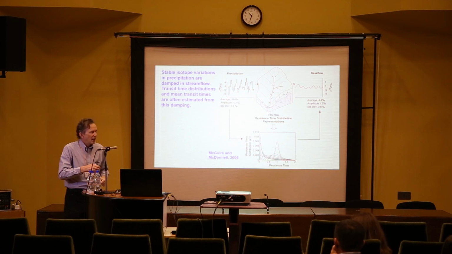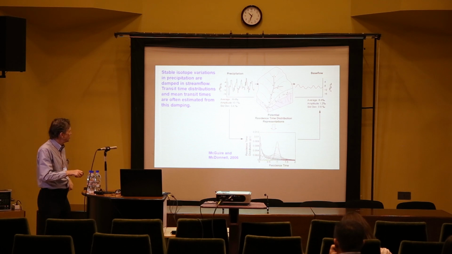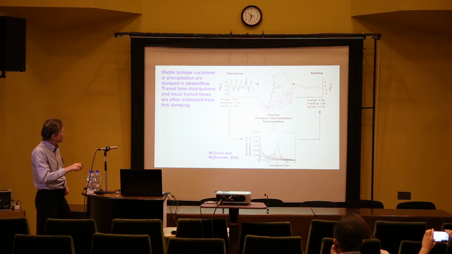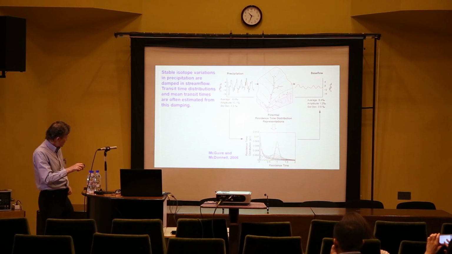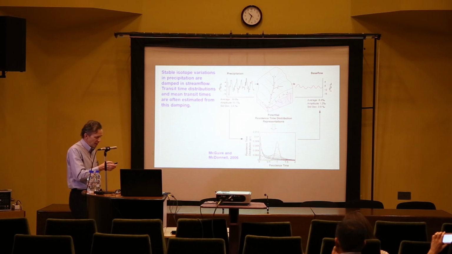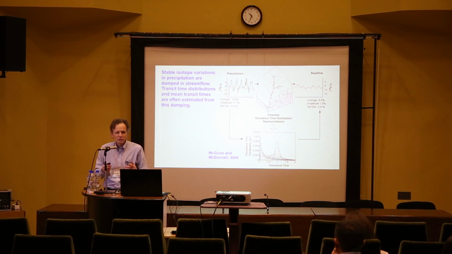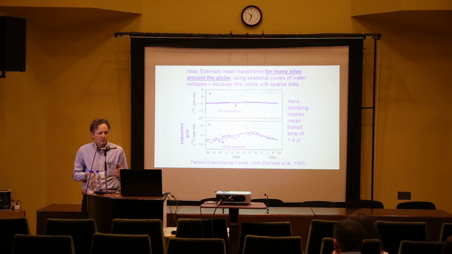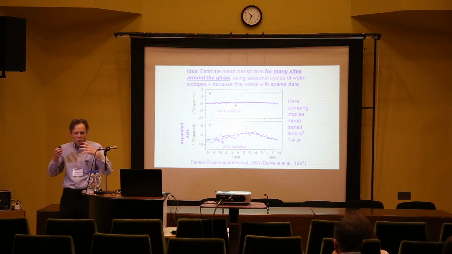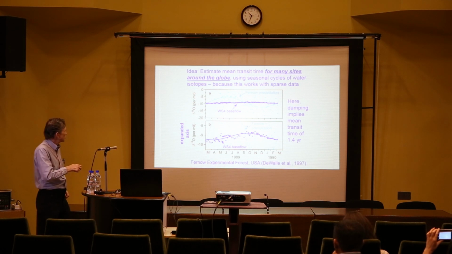Now, one approach for estimating transit time distributions is to take a fluctuating signal of, say, isotopes in the precipitation and to mathematically convolve that with an assumed residence time distribution, and then to predict the isotope signal you should see in the stream flow itself as the output. Doing this correctly typically requires very detailed data sets, so you can't easily apply it to a large-scale synthesis. But if we look at the isotopes of water, which are of course ideal tracers because they follow the water itself,